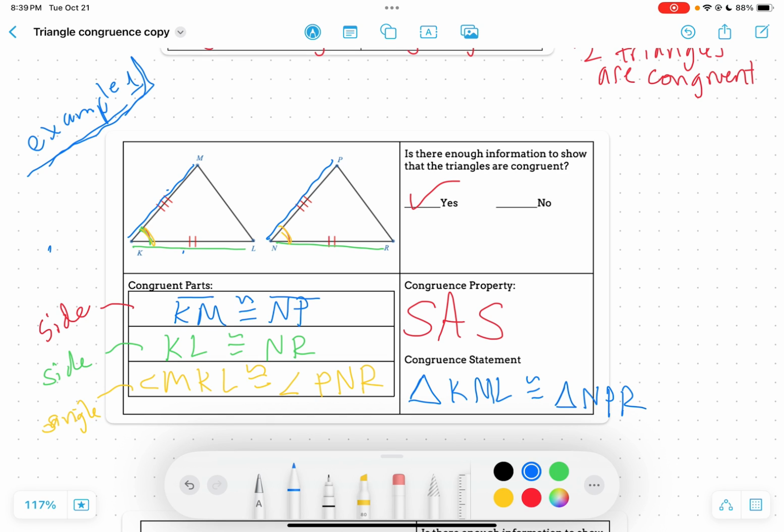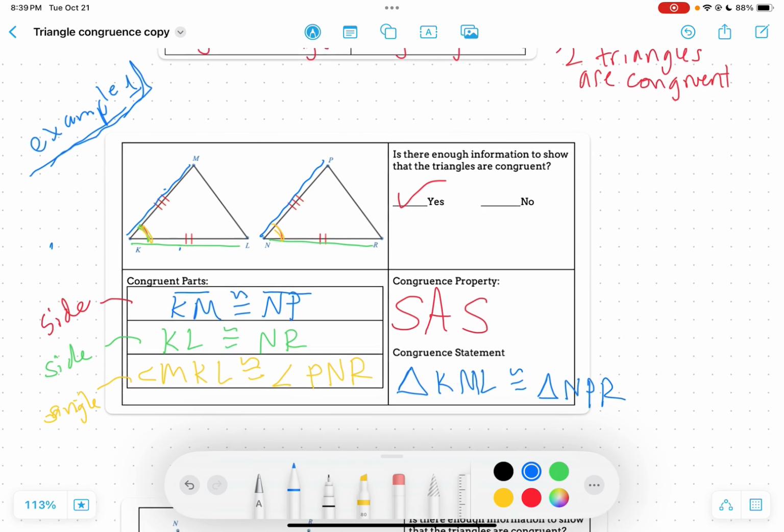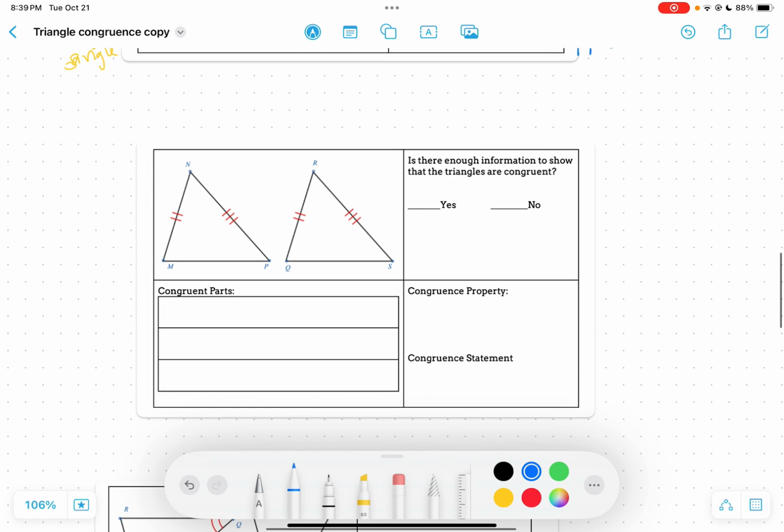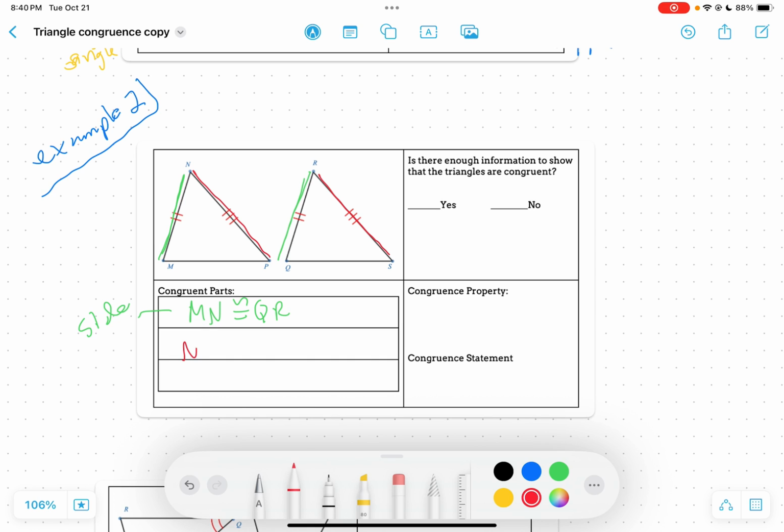Sorry for that typo. Okay, we're going to do just 3 more examples, and then we're going to practice this on Thursday in class. So here is example 2. So why don't you take a minute, pause the video, copy the example down, and think about if you think this is enough information to know if these 2 triangles are congruent. All right, so what do we have? I have this segment is congruent to this segment. So let me start writing out my congruent parts. MN is congruent to QR. So I have one side,